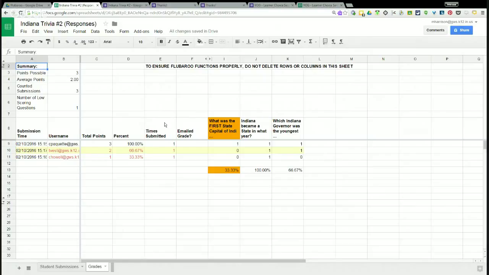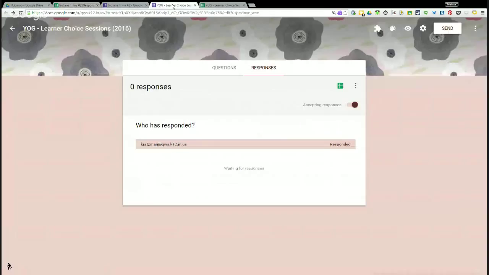In older versions of Google Forms, you actually could determine which was the correct answer within the form. But now that is just left to the actual grading, and the correct answer component is really in the FLUBAROO piece within the sheet that's created. Okay, now really quickly, I just want to show here then, here's an example of a new